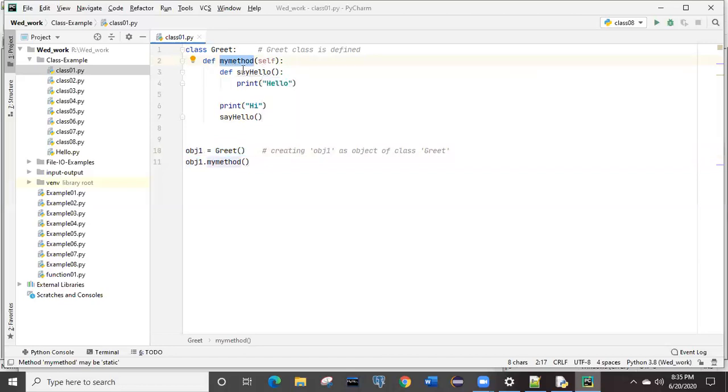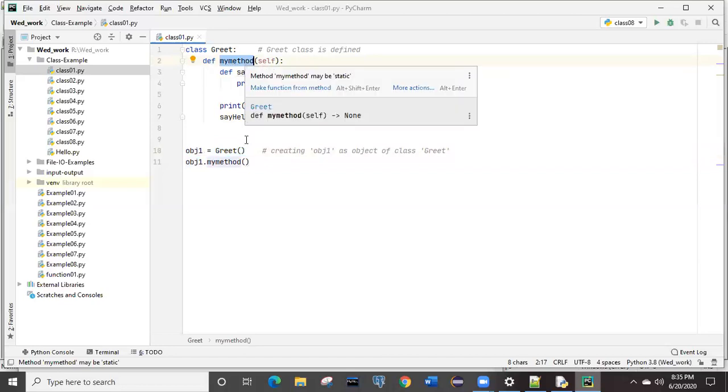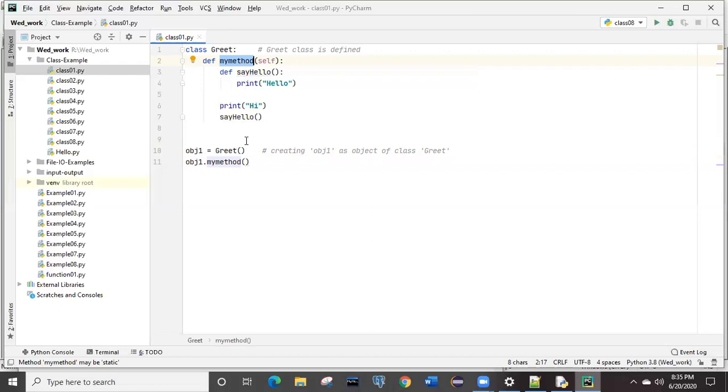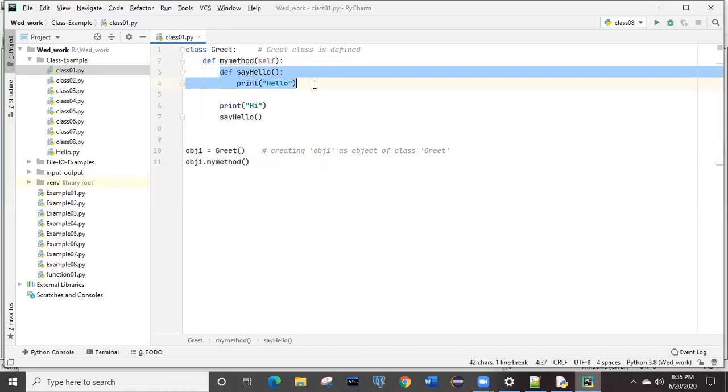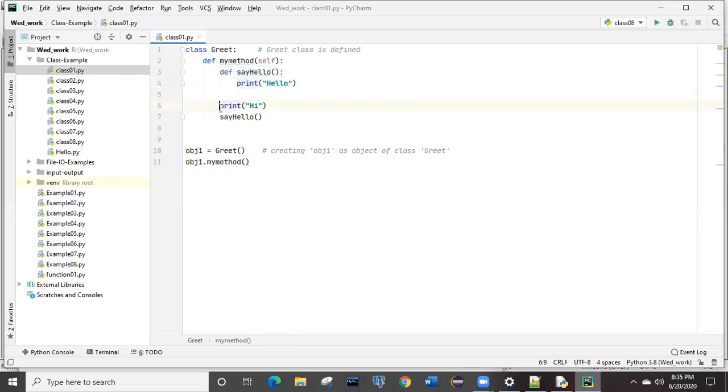Now, if this is the method, it will go inside the content of this one, right? There is a possibility that inside the method itself it is getting another method call, and then a print statement.